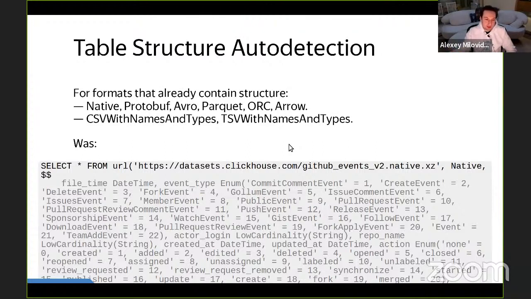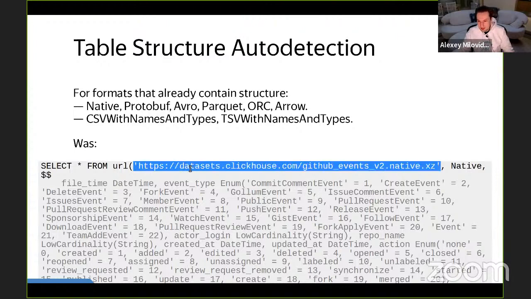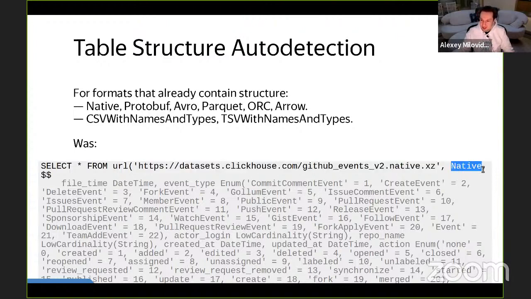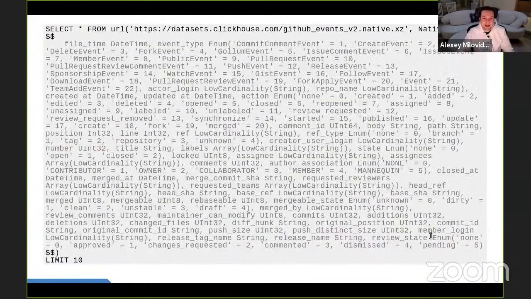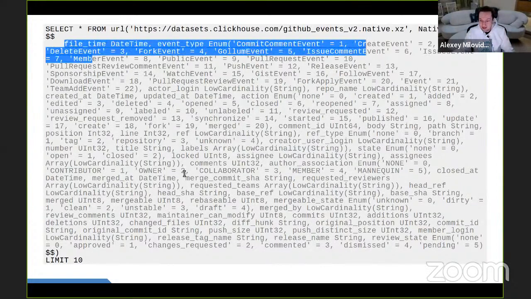So why should we repeat this data structure? Before version 22.1, if you wanted to query some data set from an external service, like URL or HDFS or S3, you would specify the URL, the format name, and the data structure. And the table structure can be quite large, like this. This is huge, and it is painful to repeat it every time.